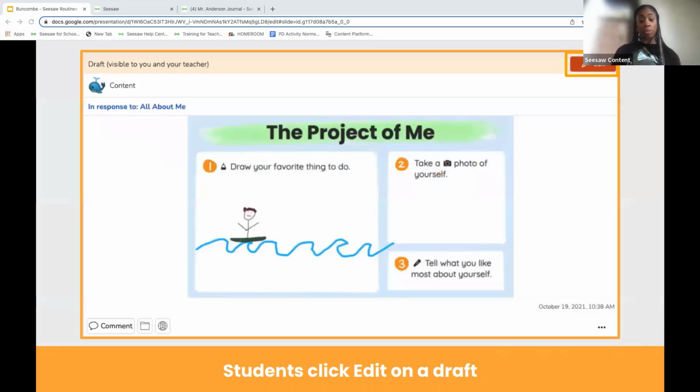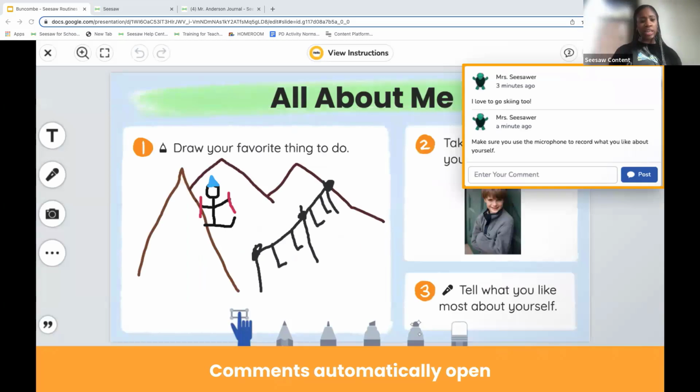If it was just a regular post that you sent back as a draft, then in their journal they'll see that post and it'll have edit, so they can either click finish response on an activity or edit on a post. And when they do that, what's going to happen is that post is going to open up, that activity is going to open up, and those comments are going to open up directly inside of that Seesaw activity, which